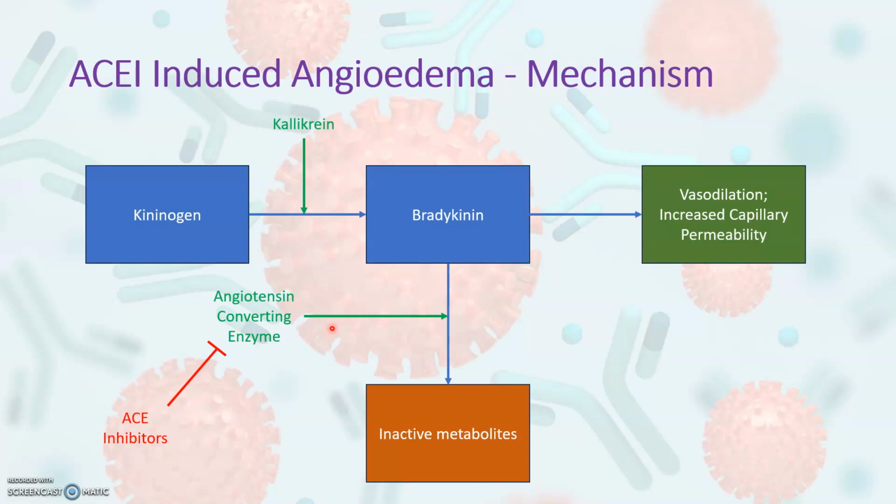It is removed from circulation through the action of angiotensin converting enzyme, which converts the bradykinin to inactive metabolites. So, the ACE inhibitors run the risk of also blocking this pathway sufficiently to cause a buildup of bradykinin